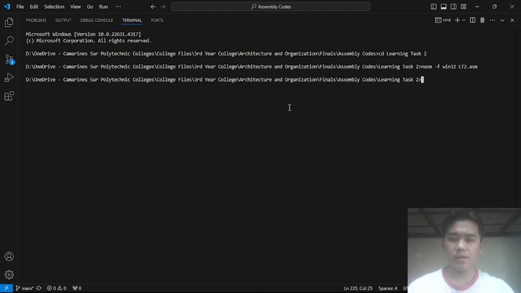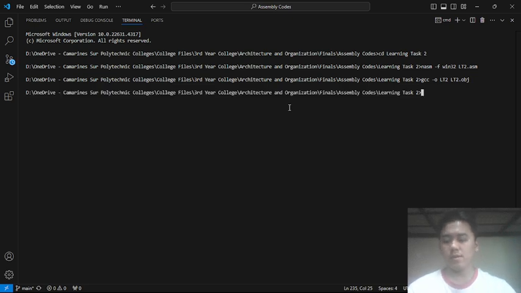After we create an object file, we'll create the executable file using the linker, gcc -o, 32. The executable file is now created. Let's run it. So here we have the program.